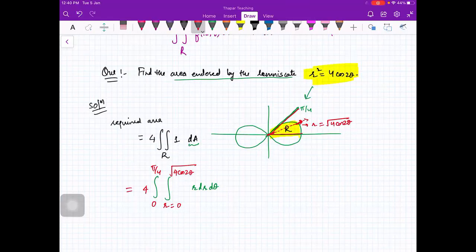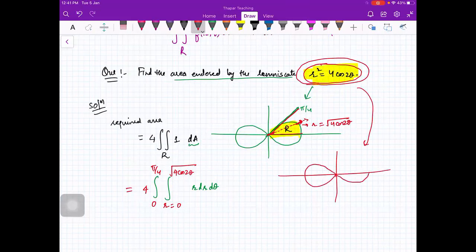Ma'am, please tell this question once more. Yes, beta, sure. You see, the question is to find the area enclosed by this lemniscate. So the first important thing is you should know how to plot this lemniscate. I am not going to plot this, you have to plot it, but I am telling you that this curve looks like this, and this angle is pi by 4. This line is theta equal to pi by 4. This point is clear, beta? Yes, ma'am. Now I need to compute this area which is enclosed by this lemniscate. Because of symmetry, I'll just compute this much area which is in one quadrant, and I'll make it 4 times.